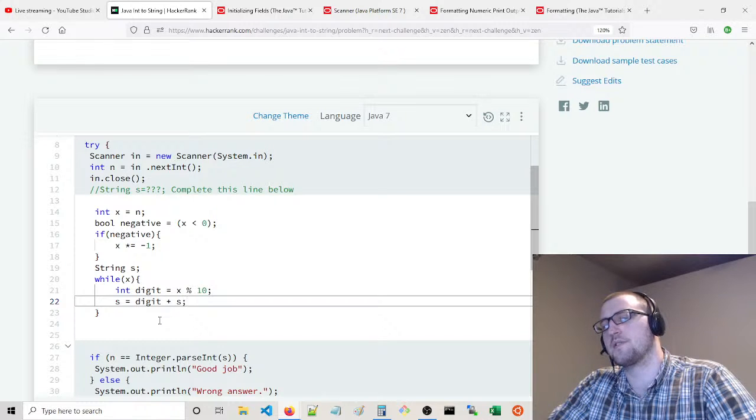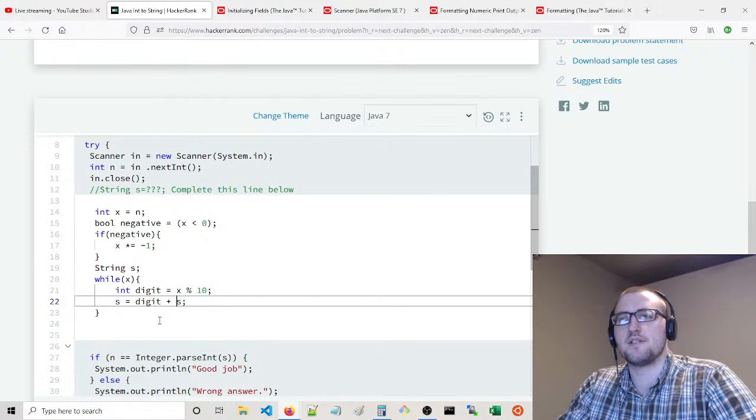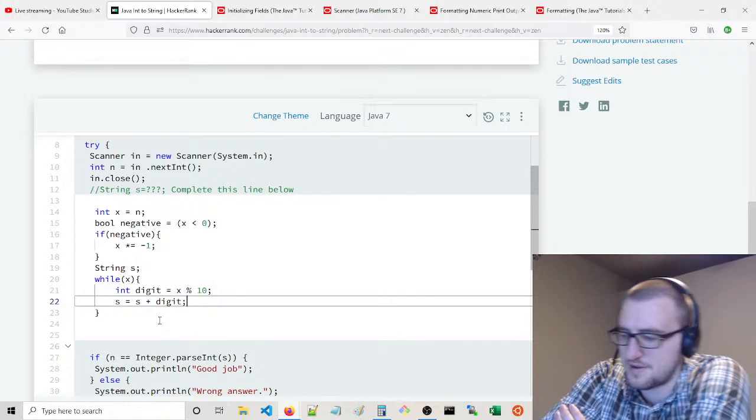So if we get 0 as the first digit on the right side, s is going to be 0 with, I think it's the other way around. Actually, I think this is correct. That's a little bit confusing, but